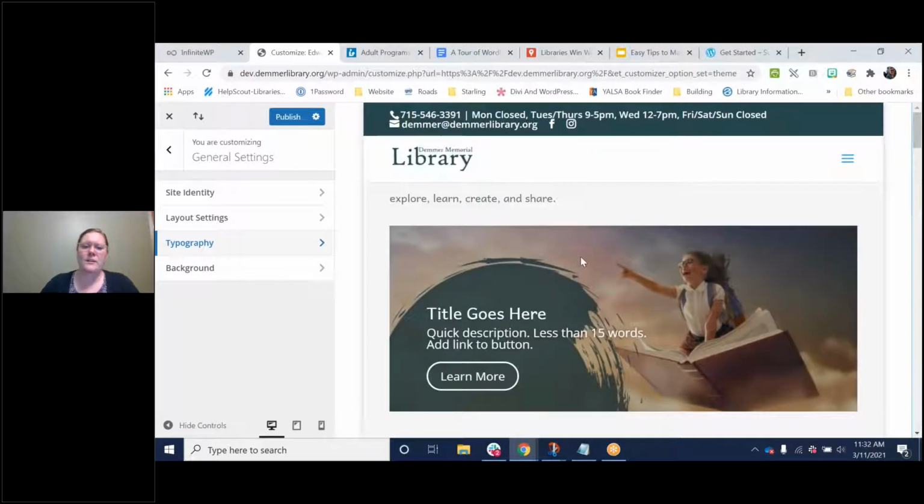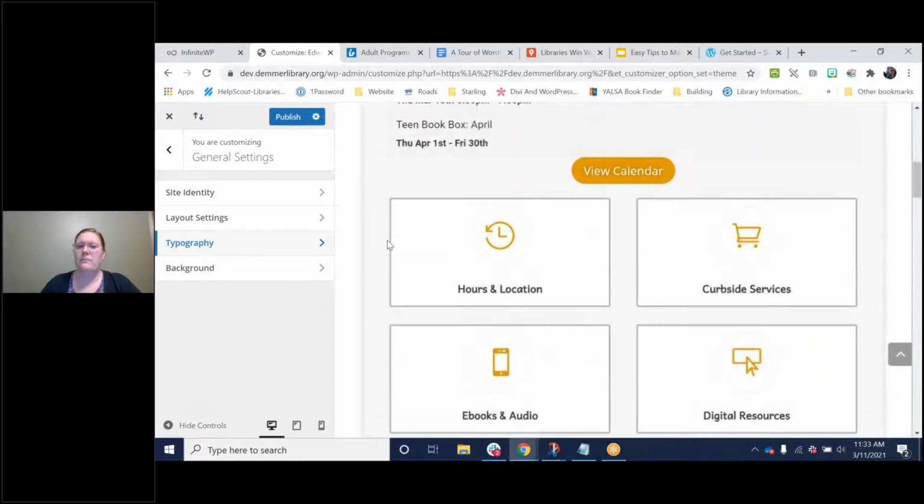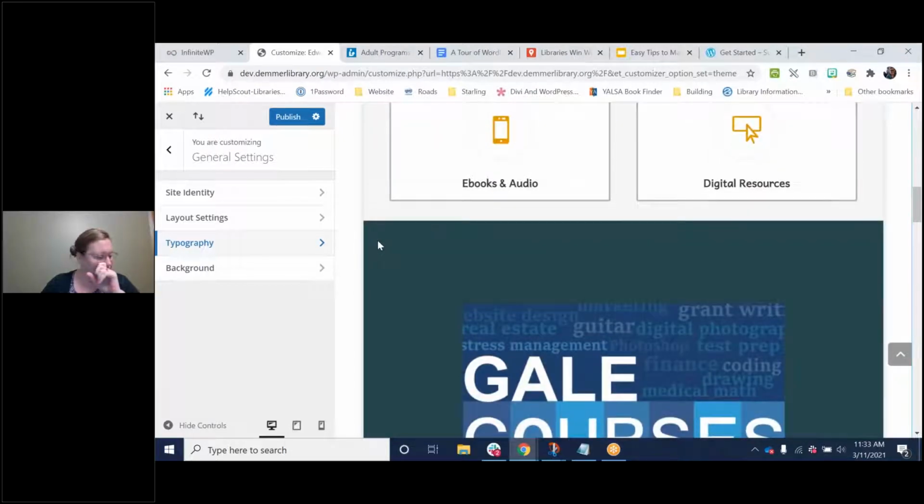And if you're at a loss of where to start with color, ask for your library logo. When your library got its logo, did they provide a suite of colors with that? If you don't have a library logo, does your library tend to use the same colors all the time? Find out what that is. If you don't have one, maybe make a few for yourself, right? Maybe look at the colors of your high school and school district, maybe play off of those a little bit.